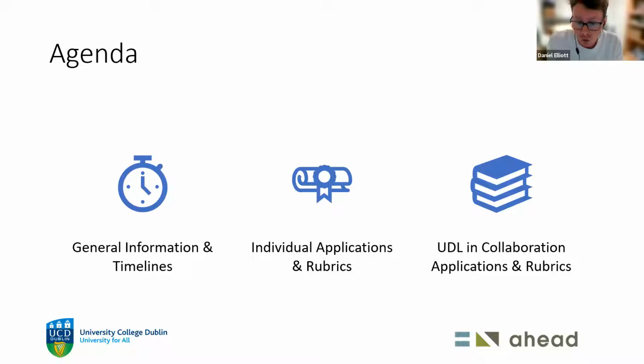There's the individual awards, with a subcategory for HEIs and a subcategory for further education and training. So there will be three awards given in October, and then we have the UGL and collaboration application, which will be